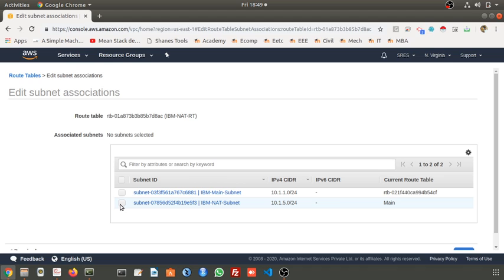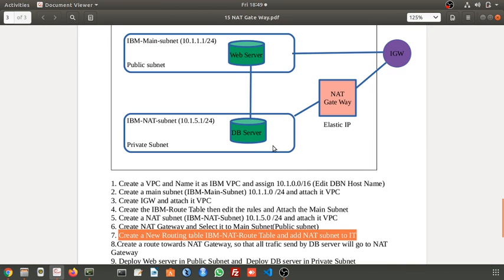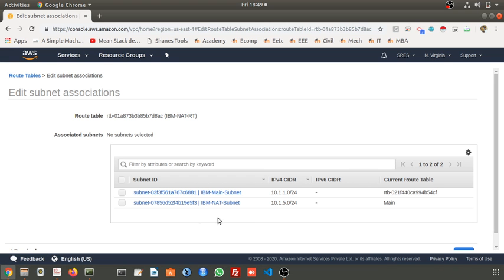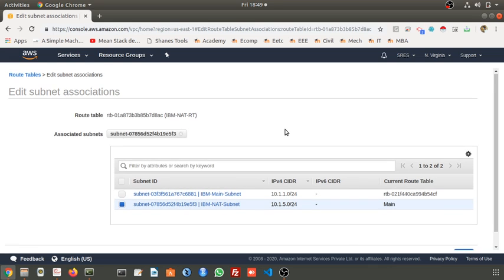If you forget and select the main subnet instead, what will happen? Simply, you are making everything public. That means everything will be available in the same subnet. So you have to select this NAT subnet in that route table.